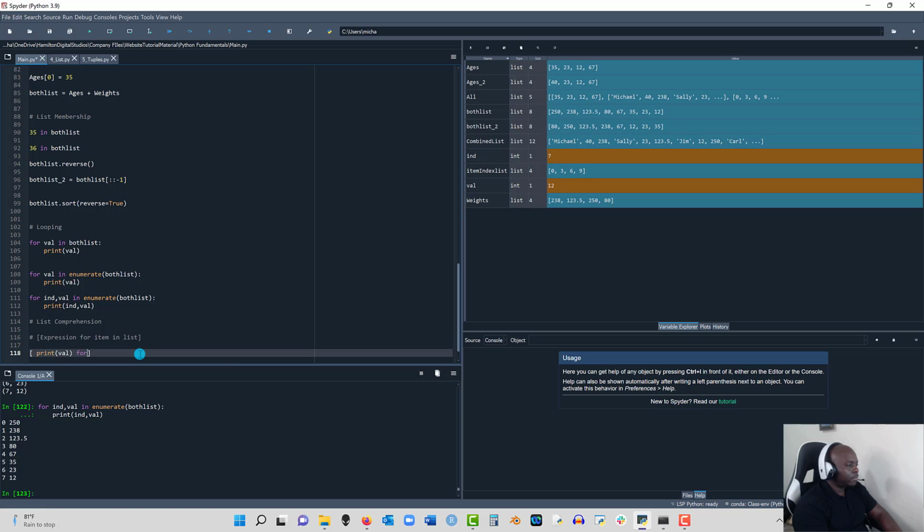So for val, because see, I created print val for val. This is how this statement gets the val information from this statement. So it knows I should expect this val. Now you need to say what you're doing this in, and then you have to pick the list. So the list that we were using was the both list. So I'm going to grab the both list, put it here, and if I do shift enter here,